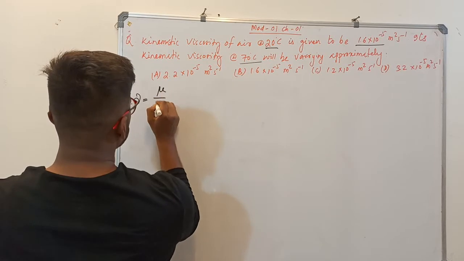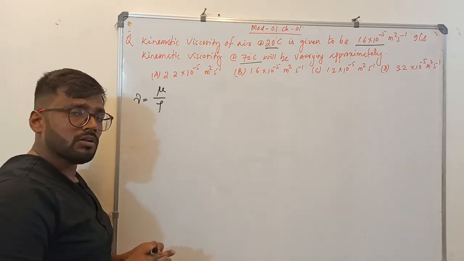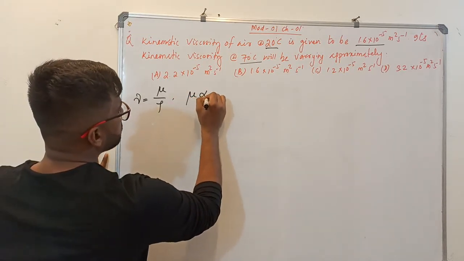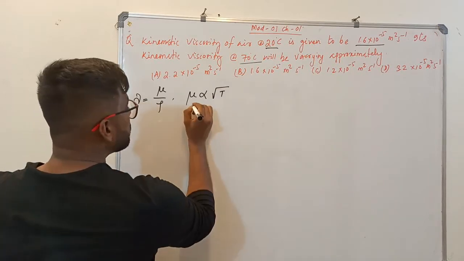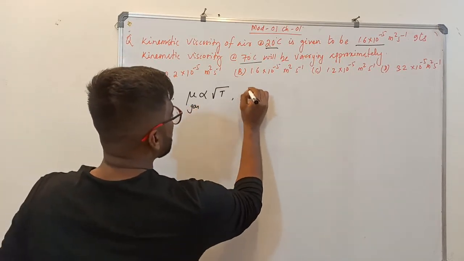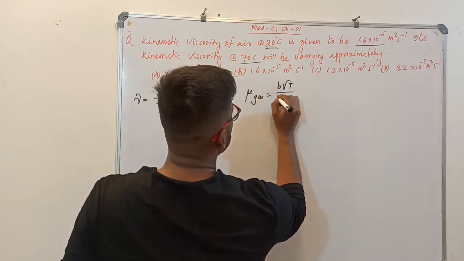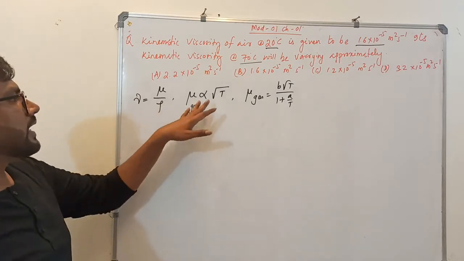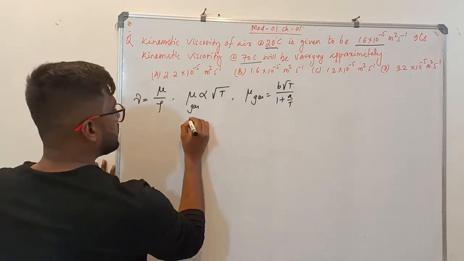Kinematic viscosity, nu equal to mu by rho. If you have gone through all my videos properly, you could have known that mu is proportional to the square root of T. Where was it written? Mu of gas. If you remember, I have written the mu of gas formula: b root T by 1 plus a by T. So mu of gas is nearly proportional to square root of T,